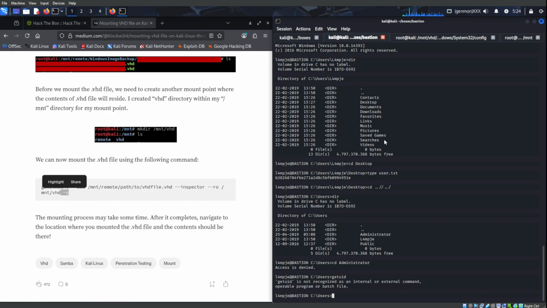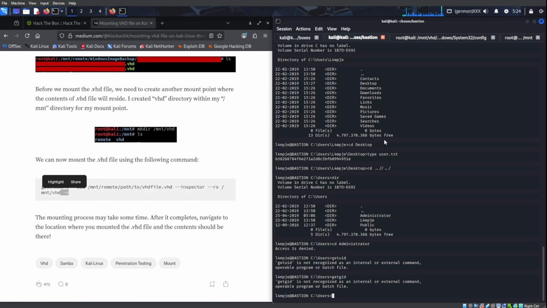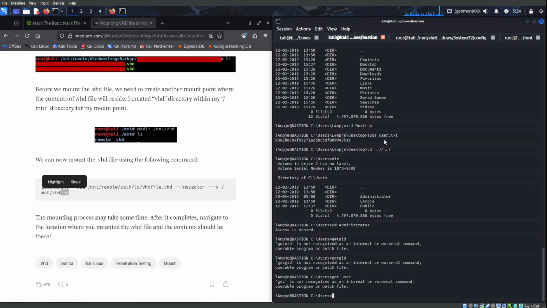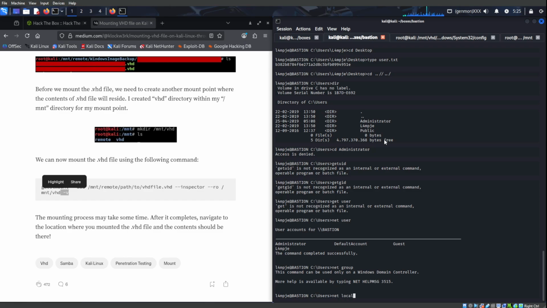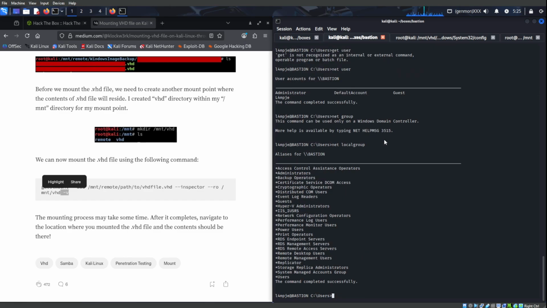So if you look at what kind of... get user, why is get not... I have some... net. Oh, it's net user. Okay, yeah. So you can see what kind of groups you're in, that local group, all these kind of specific things. What we want to do, and it's a bit of a cheeky method, but I know where to look, as it already said it in the description,